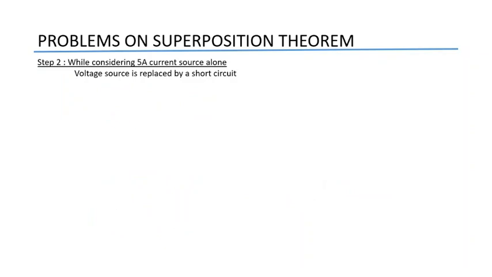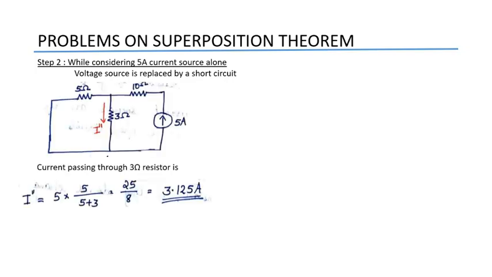Next is step 2. Step 2 is to consider only the 5 ampere source. The 5 ampere source alone is considered. For that, the voltage source is represented by a short circuit. Then the circuit will be like this. Current passing through the 3 ohm resistor is